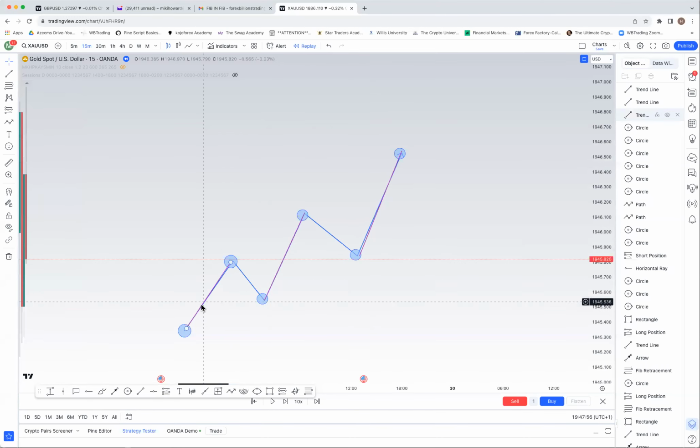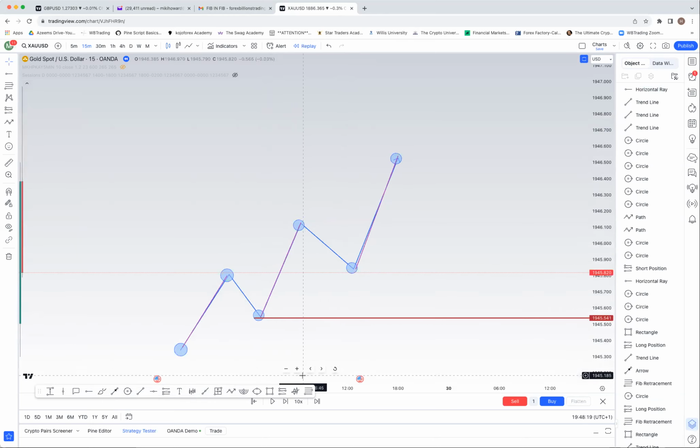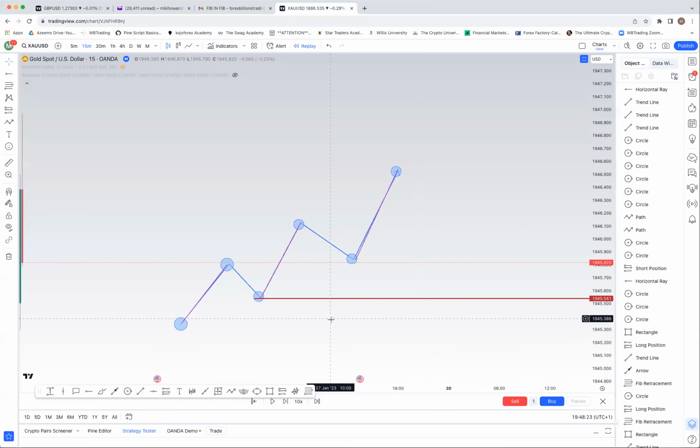So let's say we have an impulse, retracement, impulse, retracement, impulse. Let's say we started the uptrend here and then we retraced and then we started moving up on this one. So when we started moving up on this one, this last retracement becomes the level that if we break below and close below, the uptrend has changed to a downtrend.